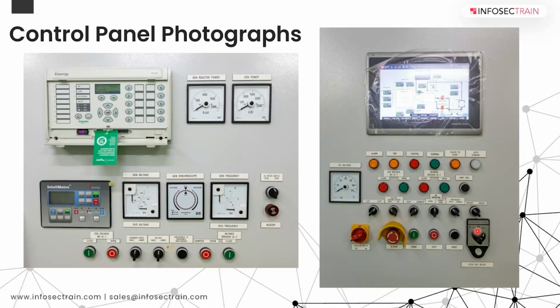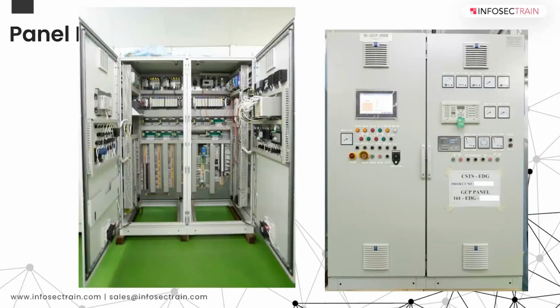So there are so many different types of panel hardware that go in to accommodate all these control systems. This is a PLC panel inside, and this is a PLC panel outside, where you have the HMI. This is a local panel, an on-panel HMI. There's always an operator station on the table as well in the control room. If the operator wants to operate or maintain, they can easily do so, because the control room will be very far from this panel and so on.